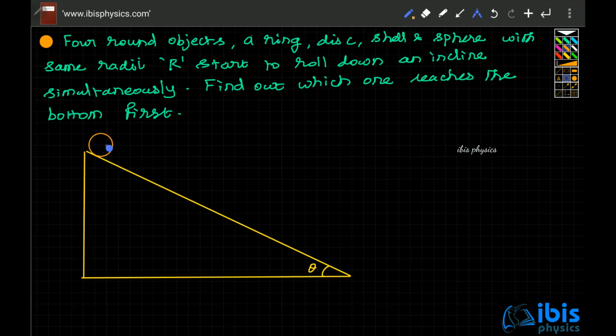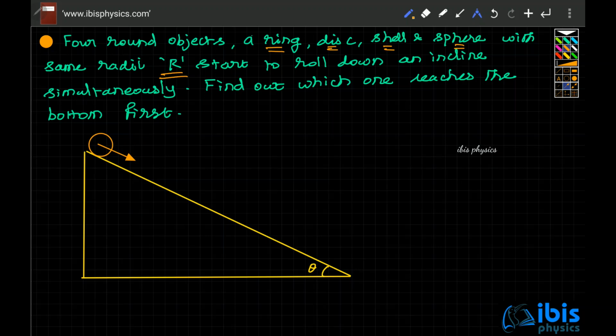They roll down. The objects can be a ring, a disc, a shell, a sphere, all with the same radius r. They start to roll down simultaneously. Which one reaches the bottom first? You know that they will accelerate downwards this way, and the time taken to reach the